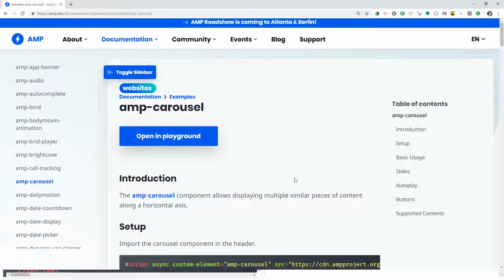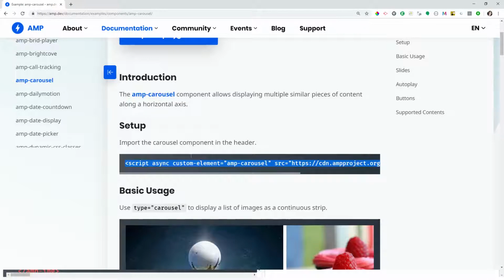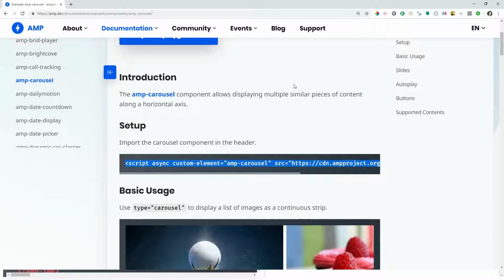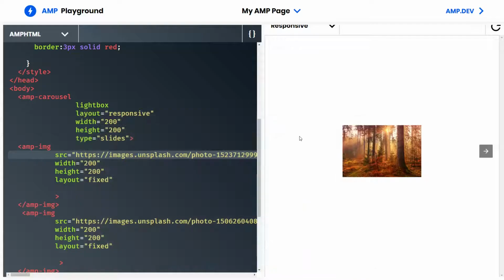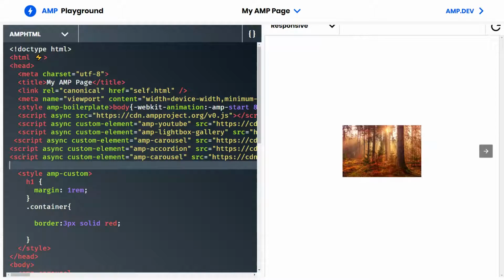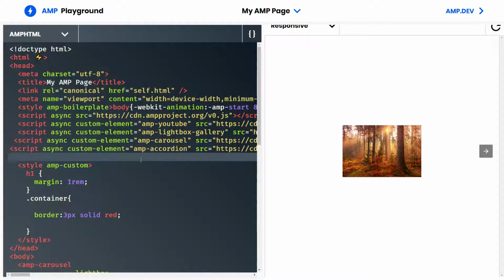So you go to the documentation, you copy the link, and you read through the basic usage, because I'm going to teach you some of the most used components, but I won't be able to teach you all of them. Besides, they change all the time without notifying people, which I don't like, but I'm not in charge of AMP. And so you copy the script, go to your head, and paste it. This is very important, because if you're trying to use an AMP component and you don't have the script in the head, your component is just not going to work, but you're not going to get an error. I know that's super annoying, but AMP hasn't done anything about it, so that's life.